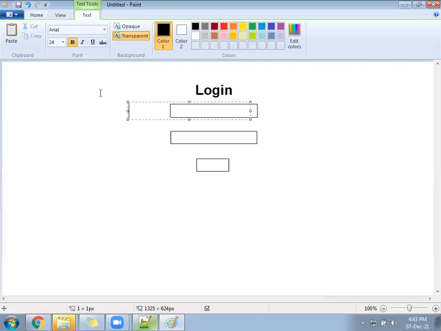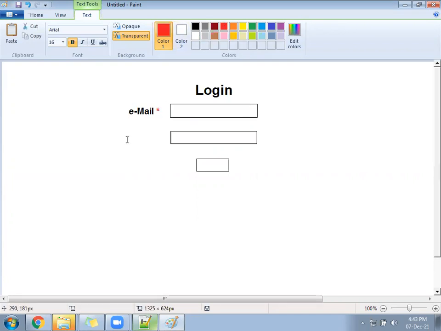Next, on the left-hand side, you will create a label called email ID, a little down like this, and here there will be one star mark in red color. Hope we remember how to make red with the font tag.